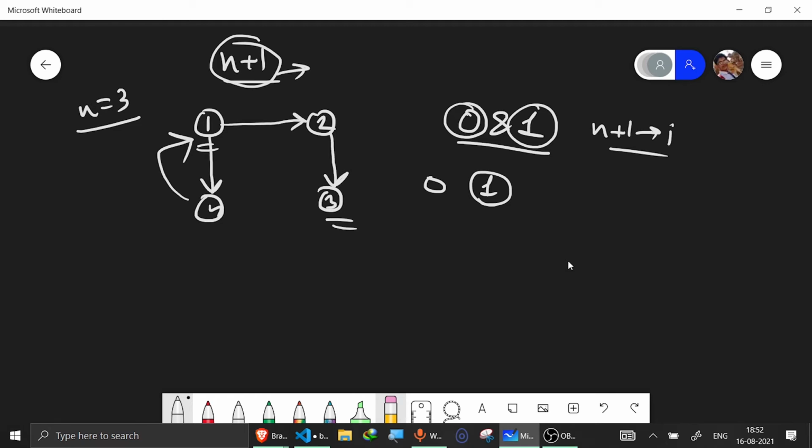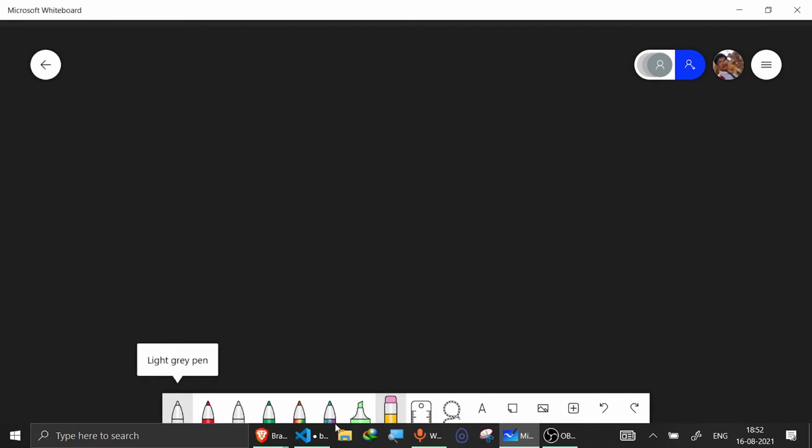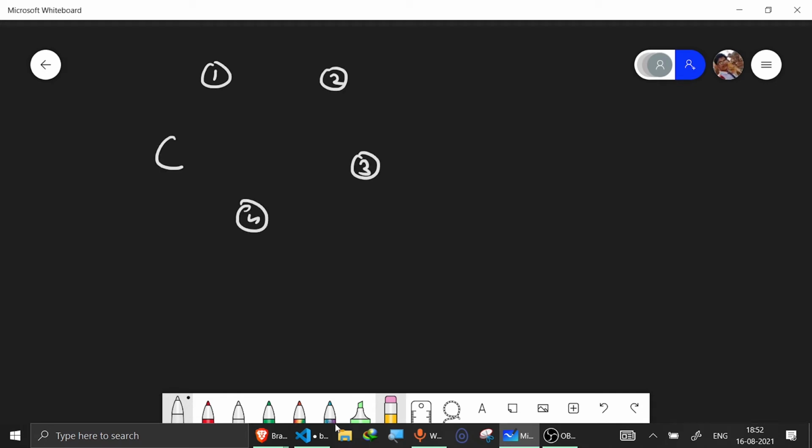Now I would claim that there would never be a case when the answer would be -1. And I would show you that by considering the n equal to 4 case. So let's clear all. So you have 1, 2, 3, 4, 5.